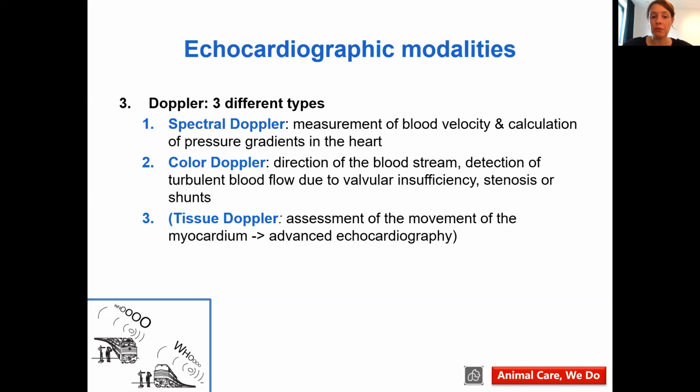Secondly, very important also is the color Doppler. The color Doppler will give you the direction of the bloodstream, will also allow you to detect turbulent blood flow due to valvular insufficiency, for example, or stenosis of certain valves or vessels, and will also allow you to detect cardiac shunts. One of the most important ones that come to my mind is, for example, a persistent ductus arteriosus